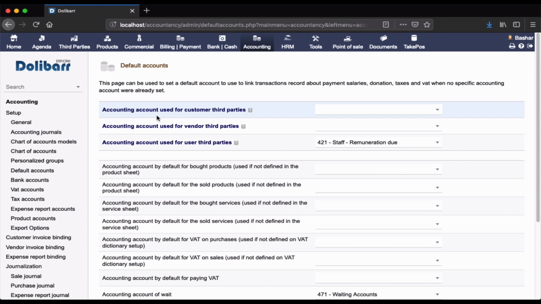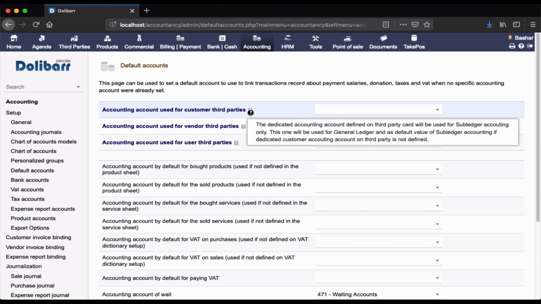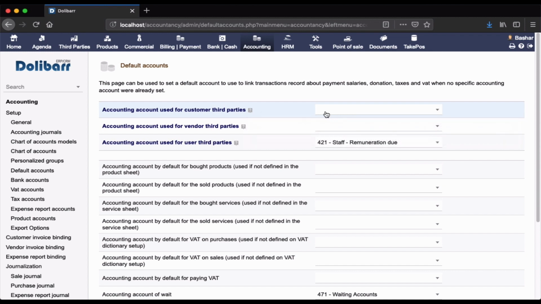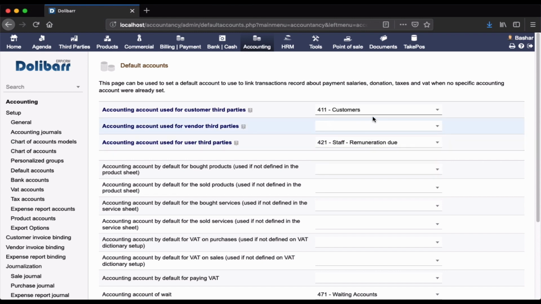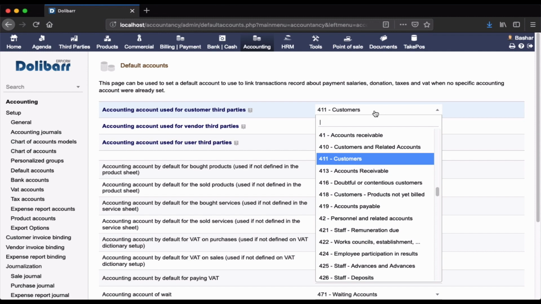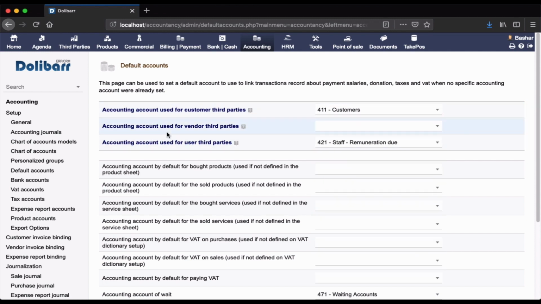First, the accounting account used for customer third parties. As you can see even by the explanation, this is the account you will use to log the financial transactions for your customers. Search for it and you have here Customers. This will be the default account. We will set it to be the default account. Now for the vendors,